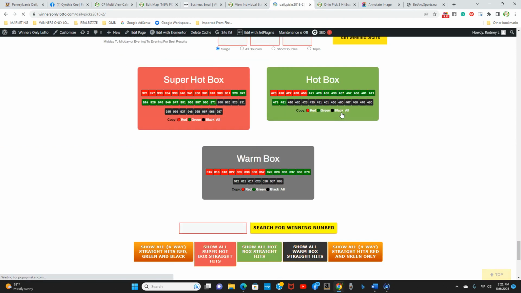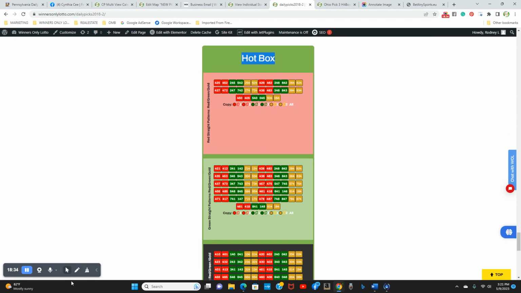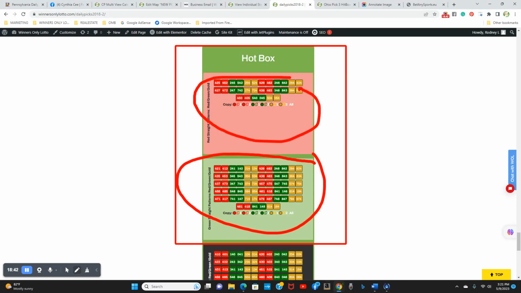Watch this. So again, hot box, super hot box. Let's go ahead and just isolate the hot box by itself. I'm showing you in the hot box which section was even dominant here. We had the green and the red. You could have still played the black, but again, you could have played it for less money. Now you know to bet heavier on the green and the red,